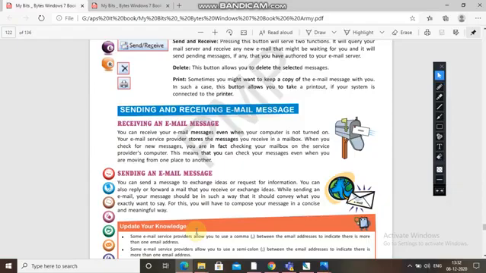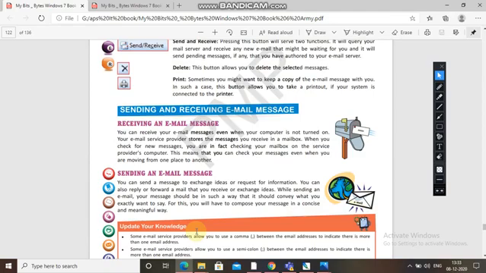Okay, the company, the email service provider who is providing you the internet service, will keep your message, store the message which you receive in a mailbox, and when you check for new message, you are in fact checking your mailbox on the service provider's computer. So this means whichever company is providing you the service, Gmail or Hotmail, wherever you have created your account, you can check your messages even when you are moving from one place to another.